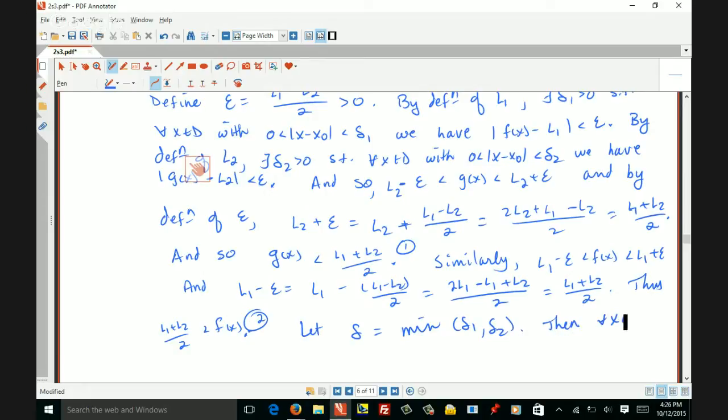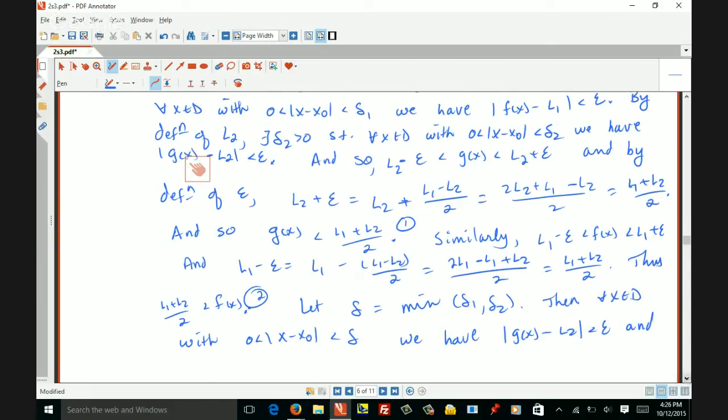Then for all x in D with 0 less than |x minus x naught| less than delta, we have |g of x minus L2| less than epsilon, and |f of x minus L1| less than epsilon, which means by 1 and 2,